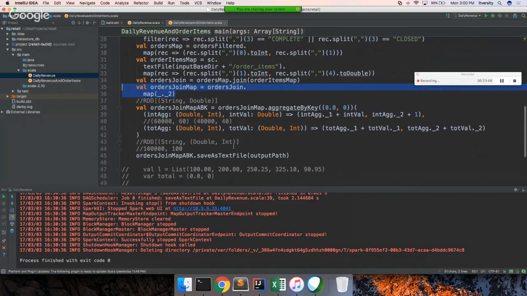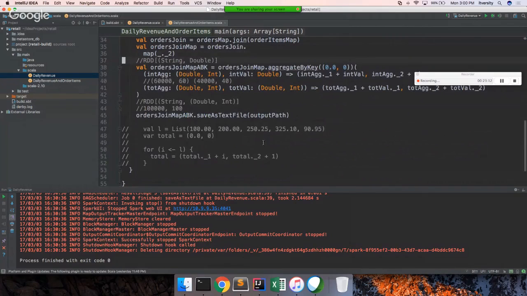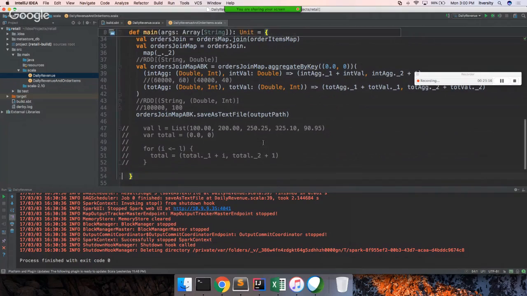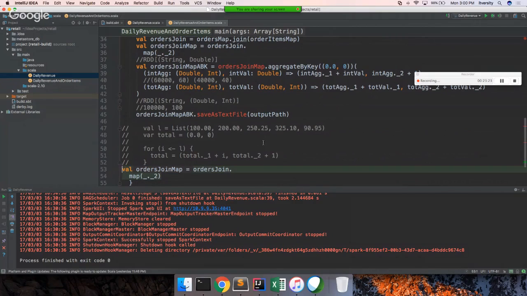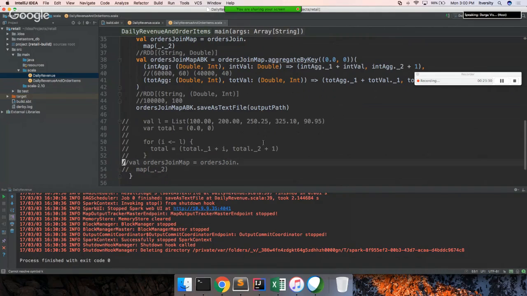And performance wise, I think both perform similarly. There won't be much of a performance difference. I will just comment it out. Okay, instead of just saying underscore dot underscore 2, what we have to do is rec, which is of type tuple, and the key will be date, which is rec dot underscore 1, and the value is a tuple, which is rec dot underscore 2, which is nothing but revenue, and then 1. Okay, and then what you can do,